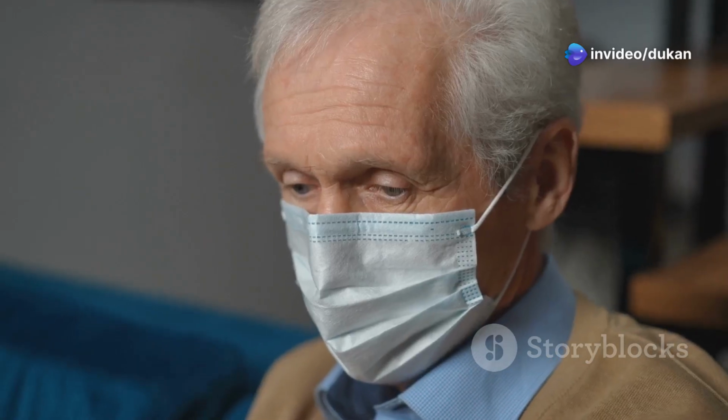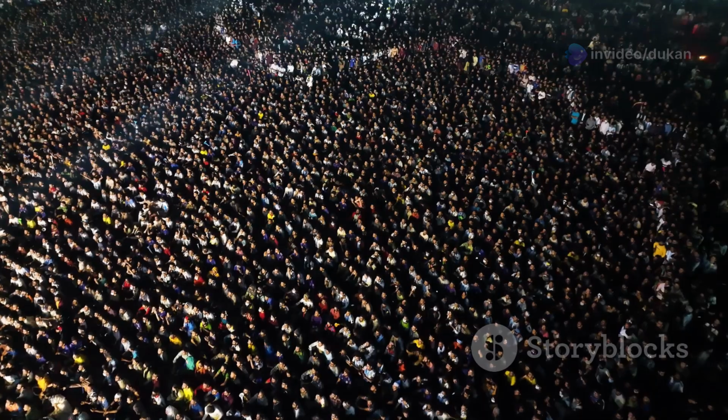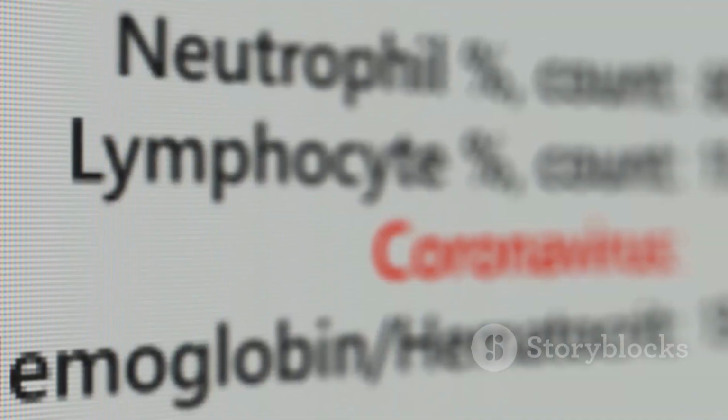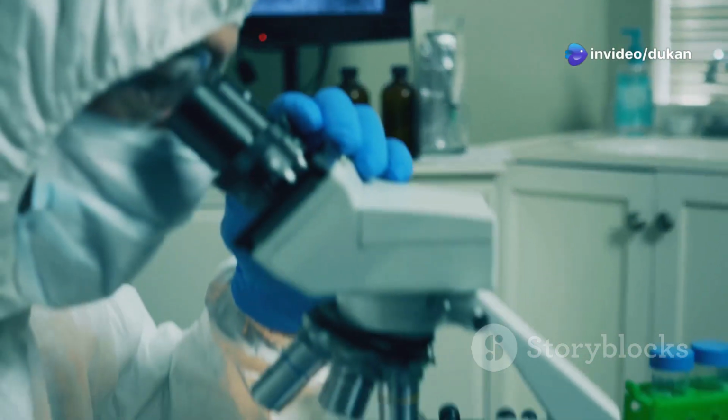People are most infectious just before and during the early days of symptoms. Some individuals, called superspreaders, can infect many others, often in crowded events. Viral load, the amount of virus someone sheds, matters for how contagious they are.